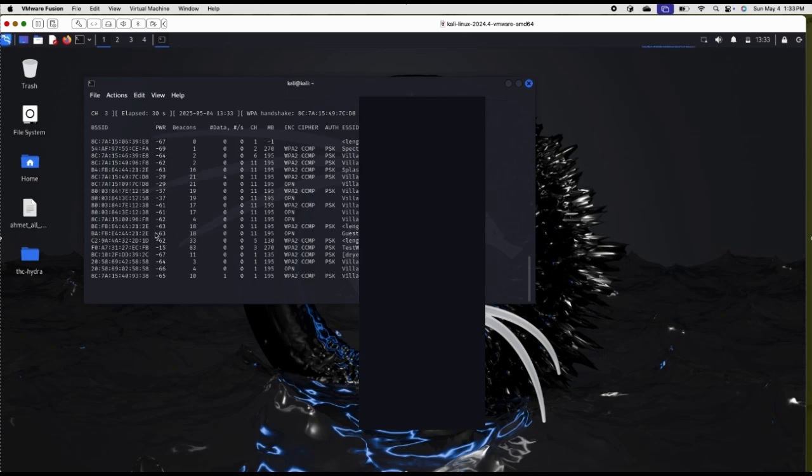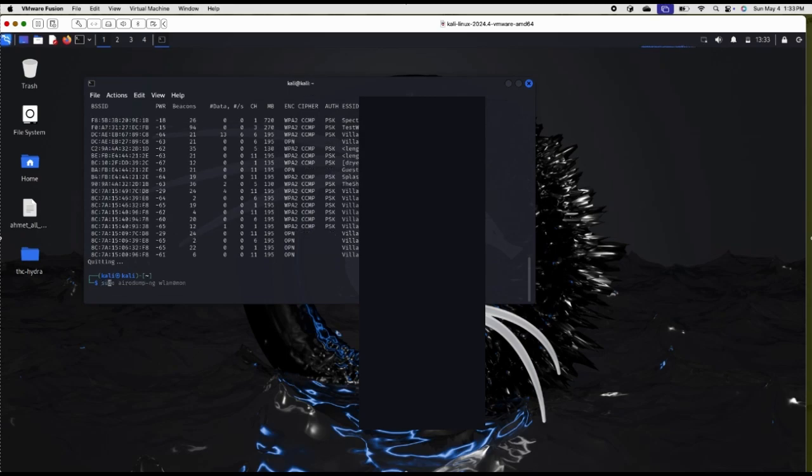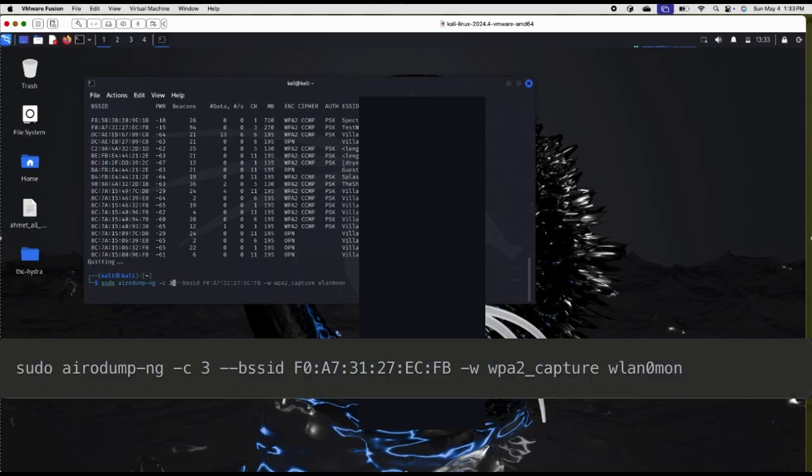Now, for the next step, we're going to do a targeted capture, a focus on capturing packets specifically from the target network, our network that we've made for ourselves. Sudo airodump-ng -c 3, which is the channel, --bssid, which is our MAC address, and then the command after it